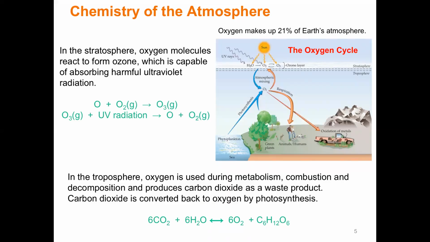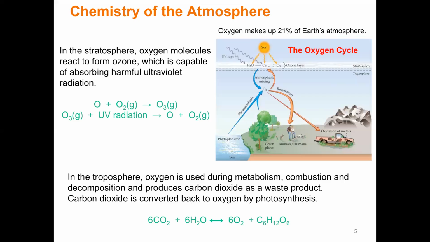Now, where does some of the O2 come from? Well, remember, we have the ozone layer. There's O3 up there. We've got all kinds of stuff going on in that stratosphere. And what can happen there is that energy from the sun is going to break down water, and it will then produce oxygen gas, O2, and then that can also be worked on to make ozone, O3, which up in the ozone layer is important, but down here on Earth, down here in the troposphere is what I should say, it's poisonous, all right?